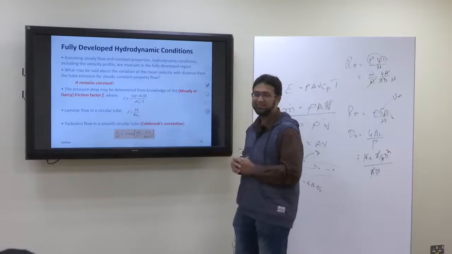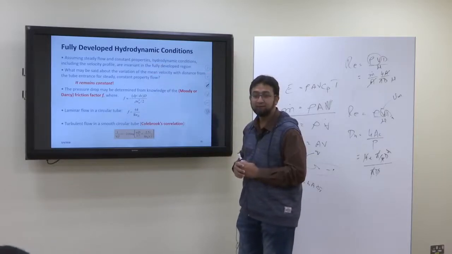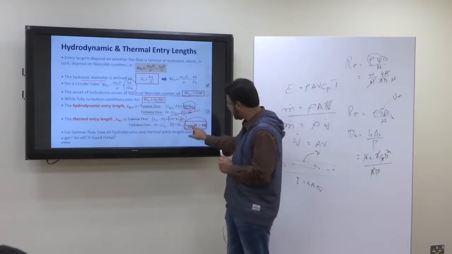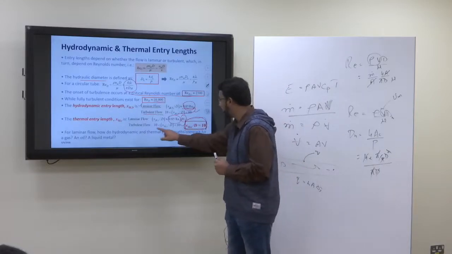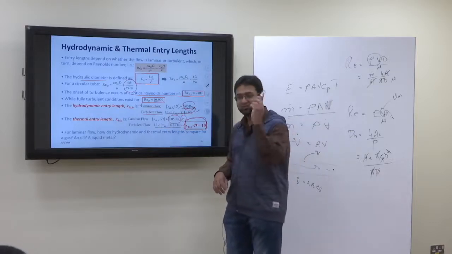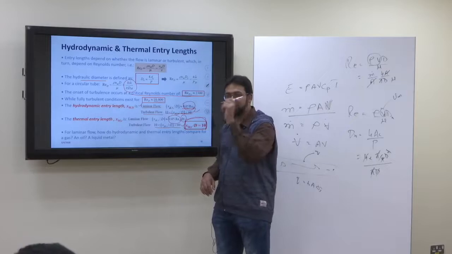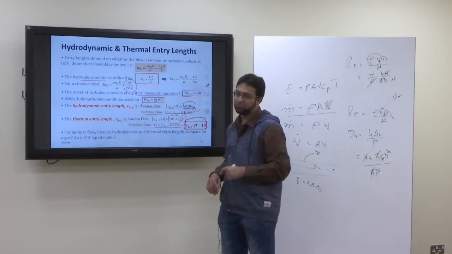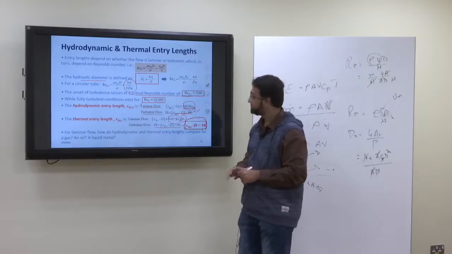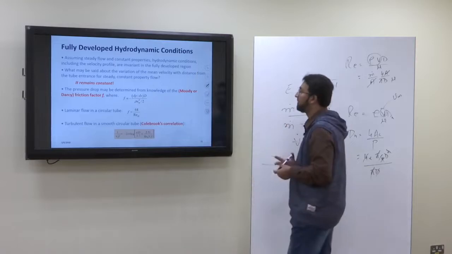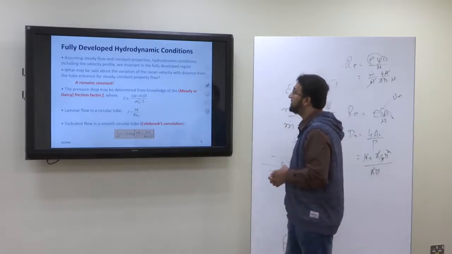The other formula, for turbulent, is the same formula. So this is one formula. You see here, for the turbulent case this, for the turbulent case this, both the same. So whether it is the hydrodynamic entry length or the thermal entry length, they have the same formula if it is the turbulent case. Okay, the next is